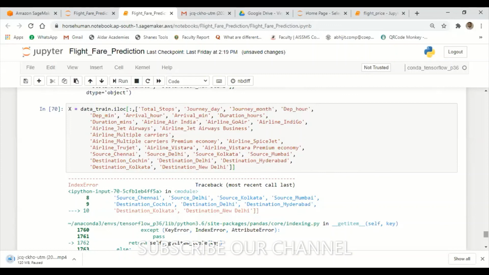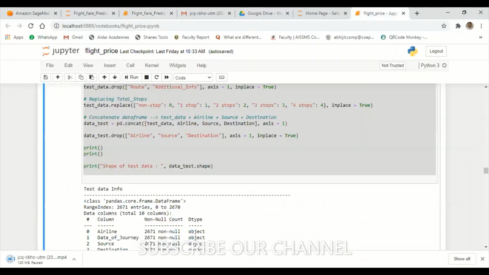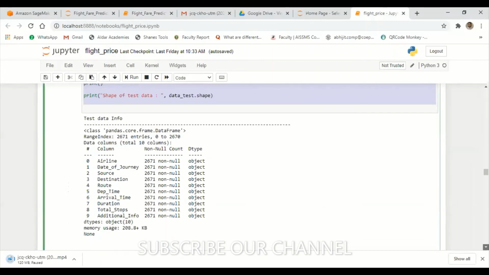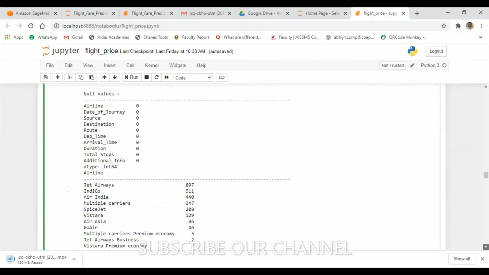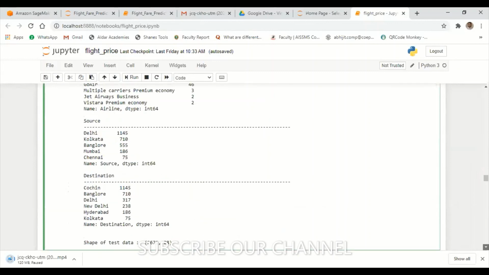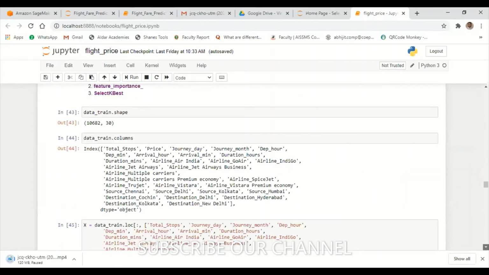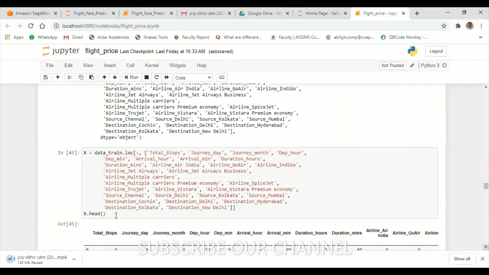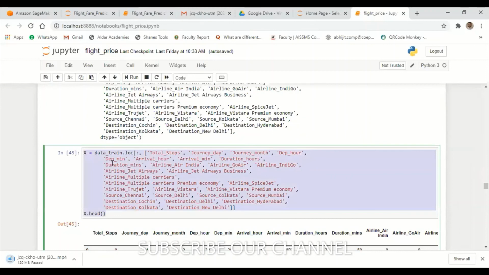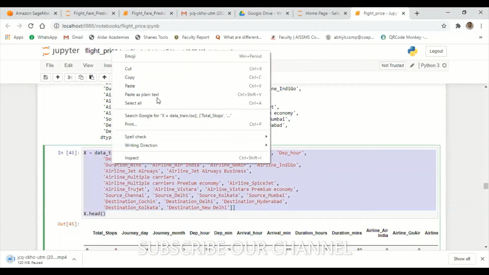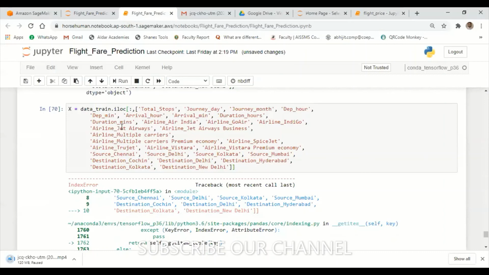That means those columns are, let me try to copy from here. One second, participants. I'll copy the same thing and paste it over here.